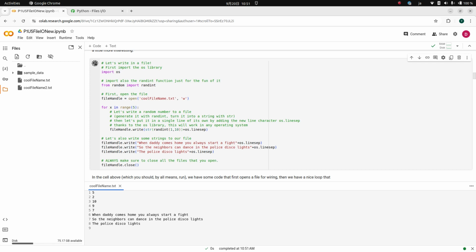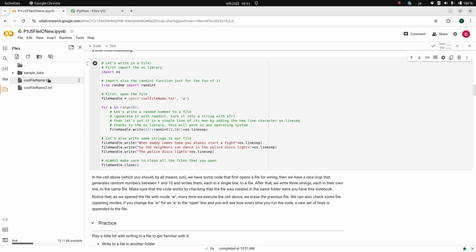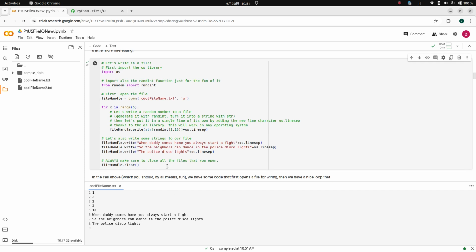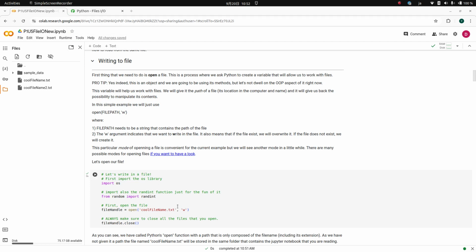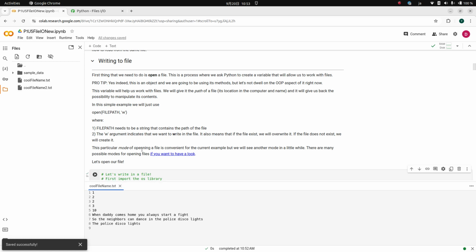So this effectively overrides: different numbers, the same sentences. Each time that I open this with the W mode, I'm overwriting whatever was before in the file. Okay, so the W mode allows me to write things to a file, and I'm overwriting everything. If you don't want to overwrite, you need to change the mode in which you open. You can change this easily with the append mode. So if we do this with append and run it again, what we get now is